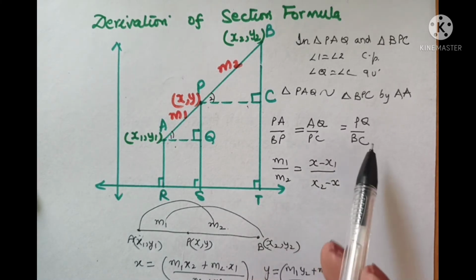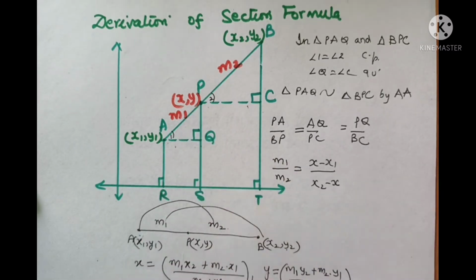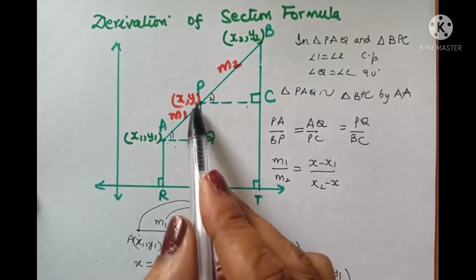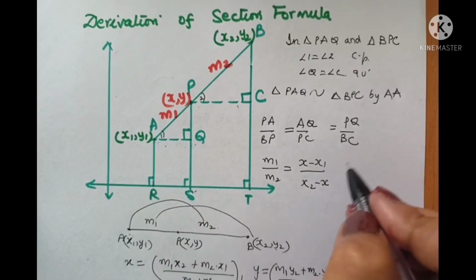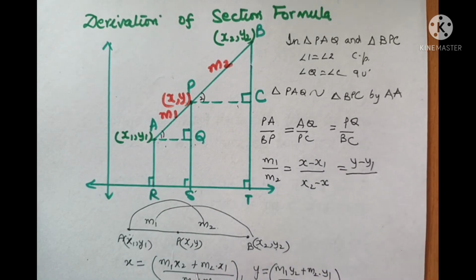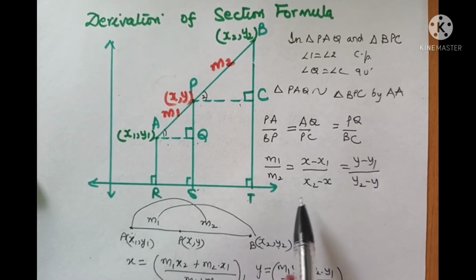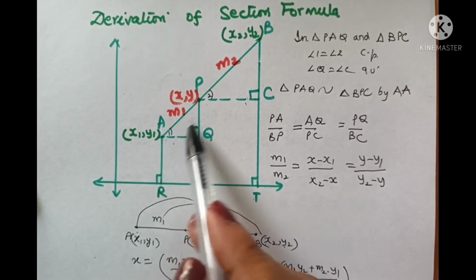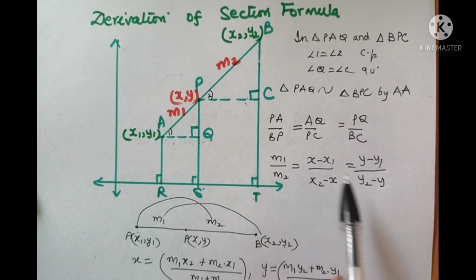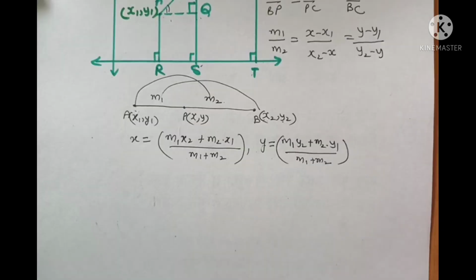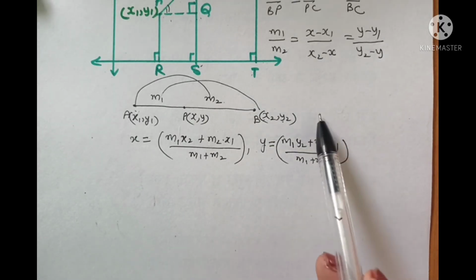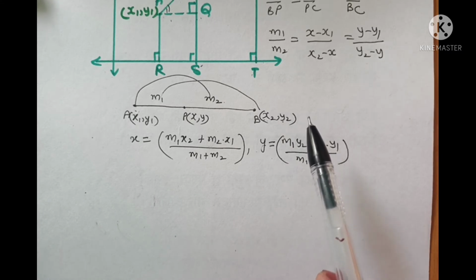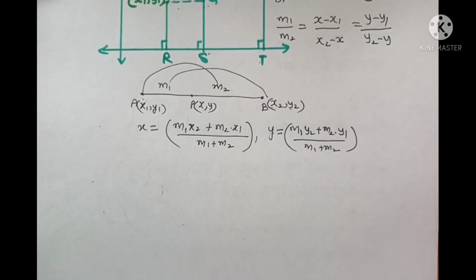Similarly, let us write down the values of PQ and BC. For PQ, complete PS is equal to y and SQ is equal to y1. So, may I write PQ as y minus y1 and BC as y2 minus y? So, till here you just don't need to cram anything. Just prove these two triangles similar and then we have simply written their values. Now, we shall just cross multiply these and obtain the values of x and y. What is left is simple calculations which you have been doing in coordinate geometry also.